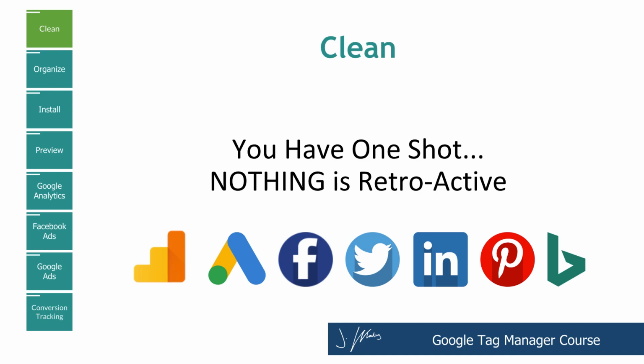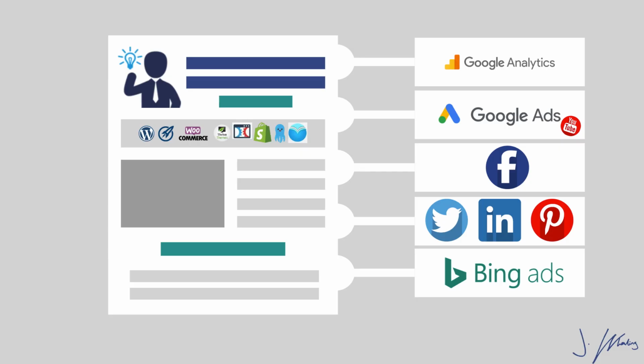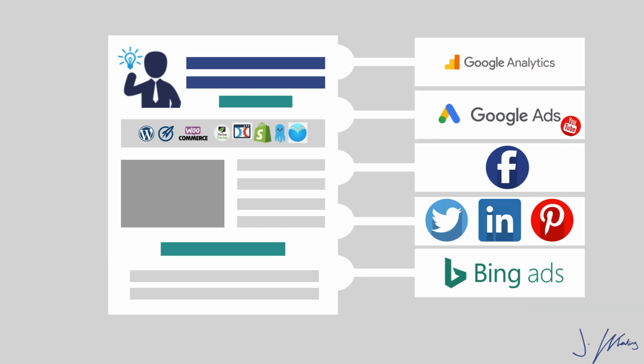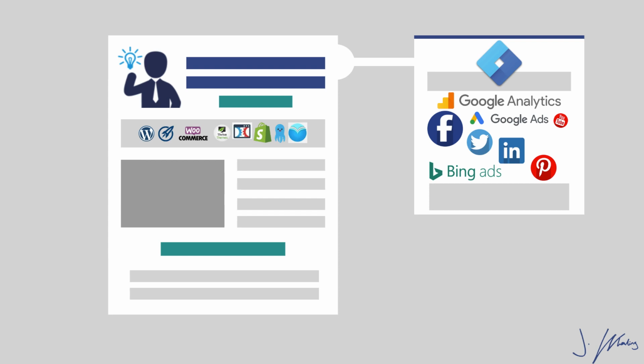So we just want to make sure that our installation is nice and clean, because right now your tags are all over the place or installed individually on your site. And what we're doing is we're going to take all of these tags and we're going to put them inside of Google Tag Manager. So we go from tags everywhere to tags all in one place. And of course, we want to make sure that we're not going to be double tracking anything. So our first step is cleaning house, making sure we know where everything is so we can immediately remove it when we install Google Tag Manager.